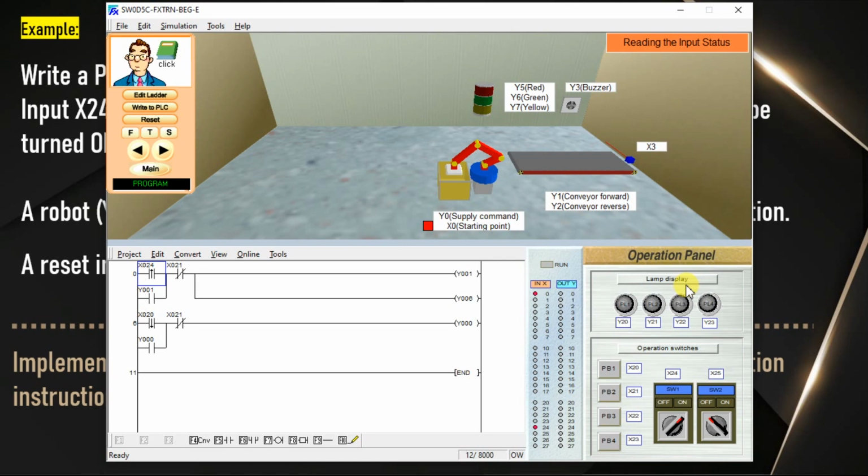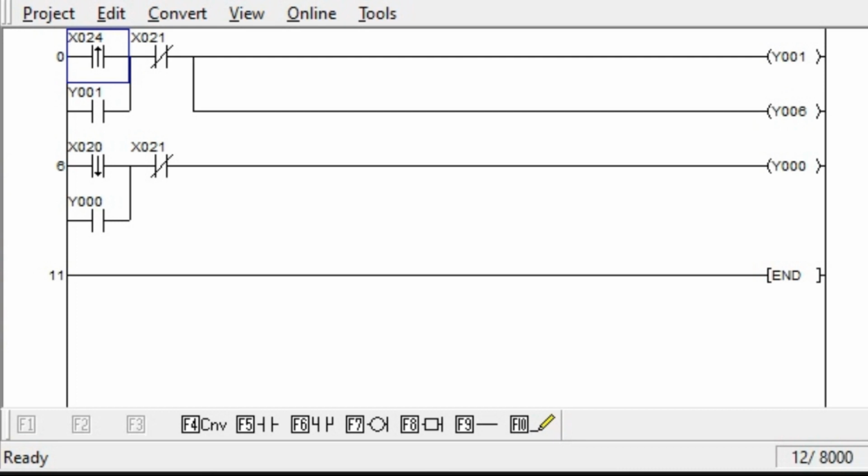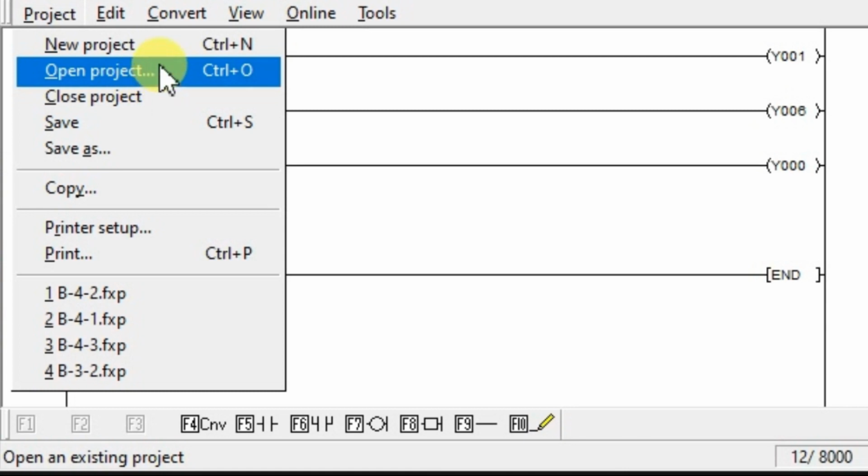Earlier we discussed using contact type rising and falling edge instructions. See, this is the rising edge, this is the falling edge. Now we have to use output type pulse rising and falling edge instructions instead of contact type. So go to project, open new project.